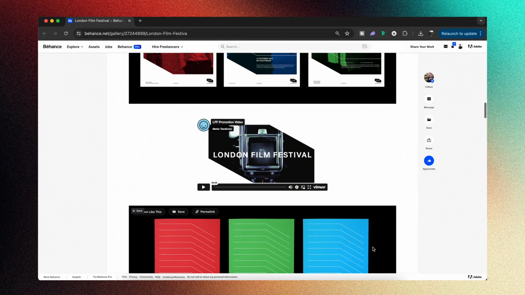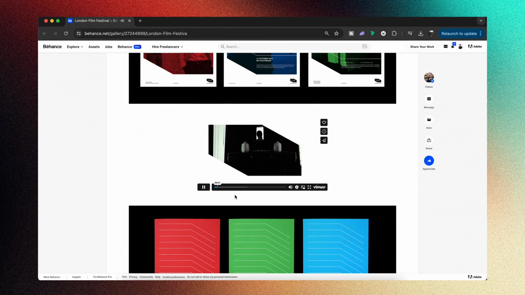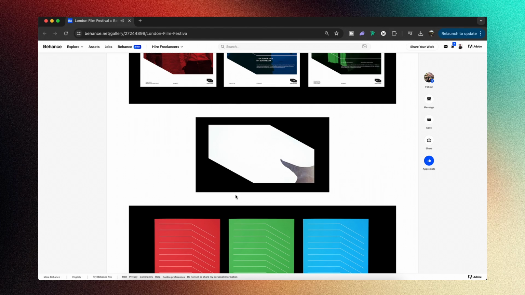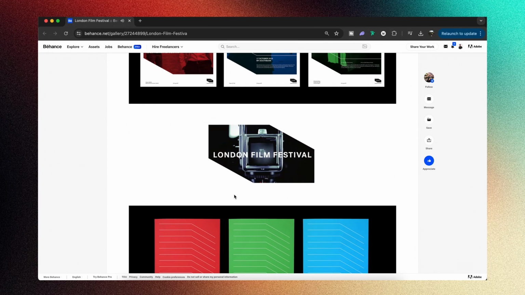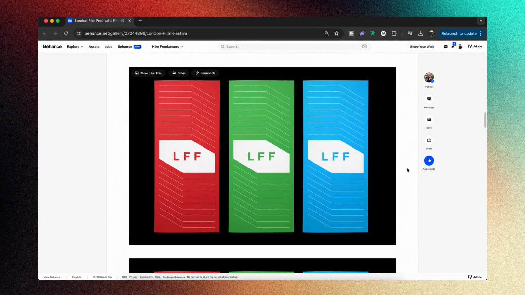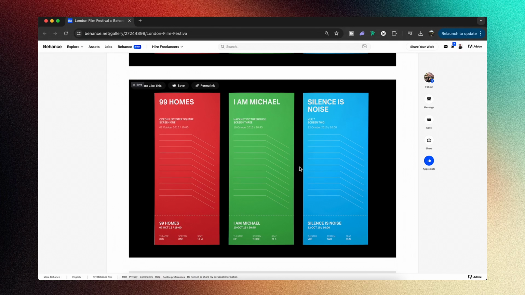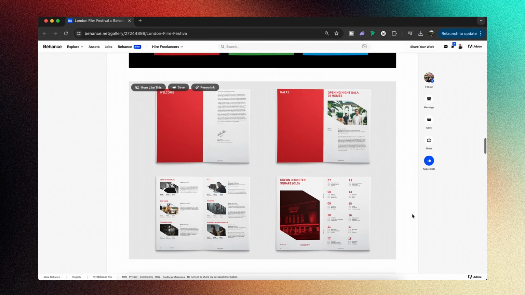The designer here has taken the logo for the London Film Festival, and they've completely run with it from the video promo to the app to the print materials and literally just everything. This is one of the finest examples of using shapes of a logo to expand and pursue a brand identity. And of course, it doesn't have to be a logo. You can take shape inspiration from the brief or any other part of your research and just run with it